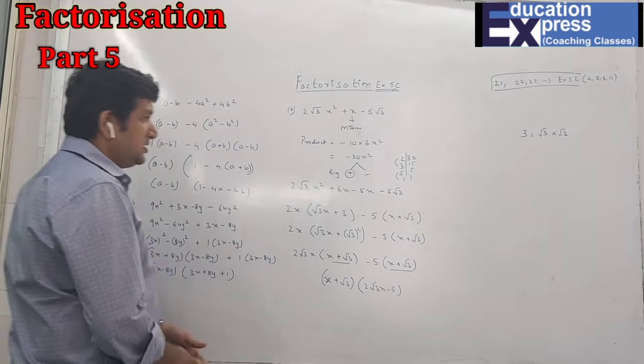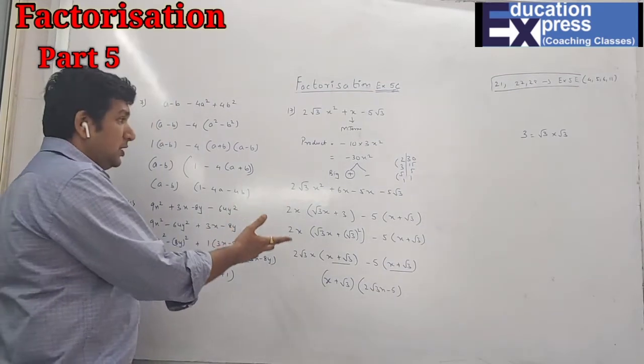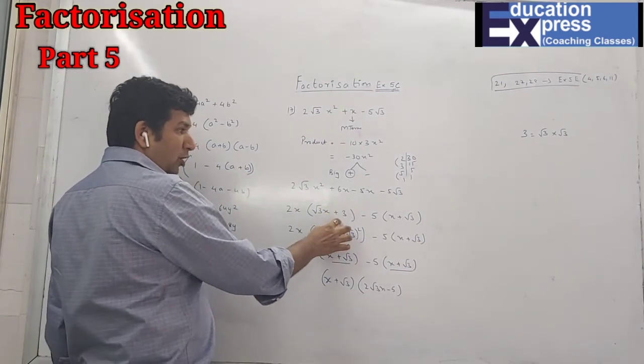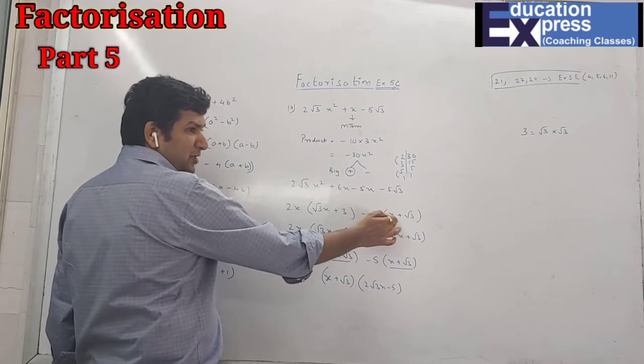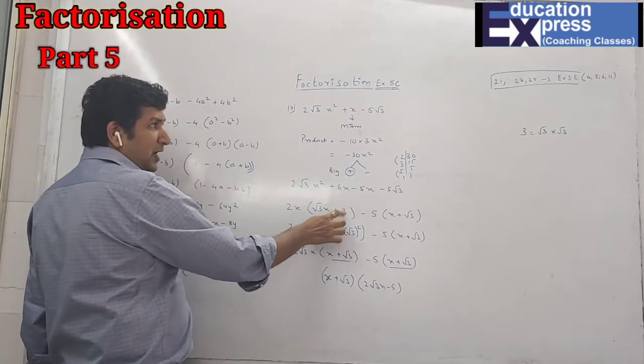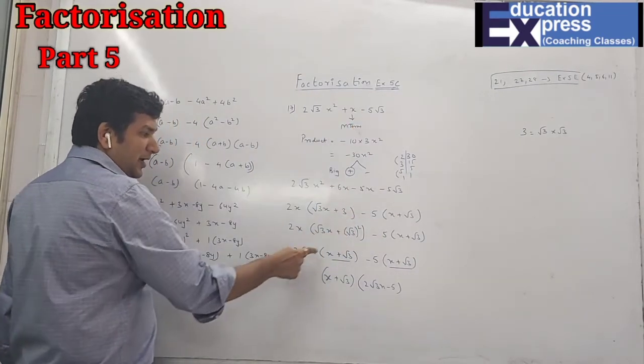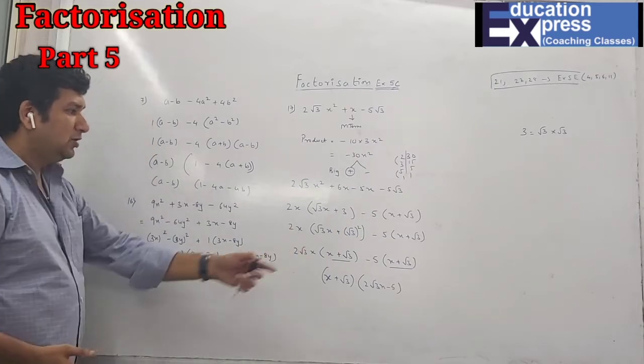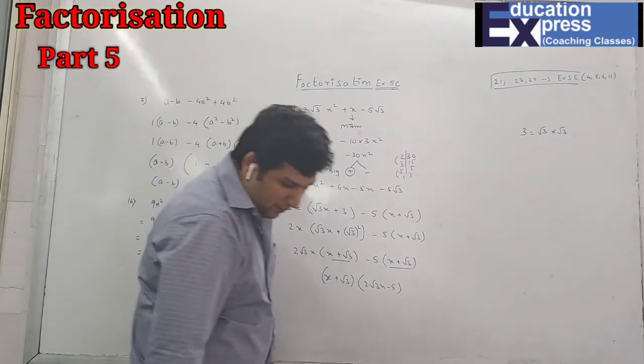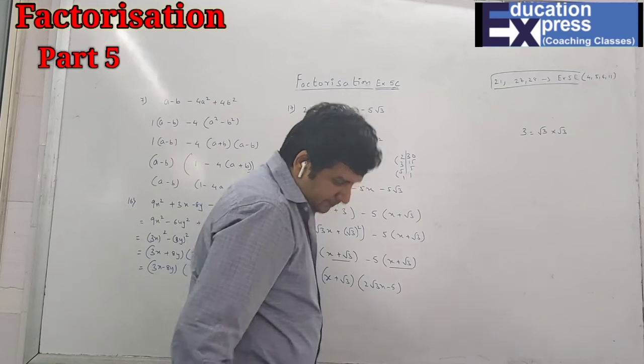So everyone, in this question there was a little twist. Here after taking the common, you can see that the second bracket was a little different. So that is why I have taken 3 as root 3 ka square, again I took root 3 common, and I got the answer. Now the question number 18.